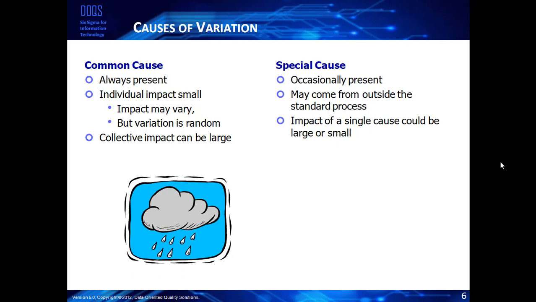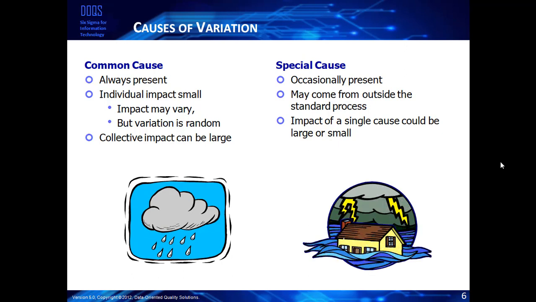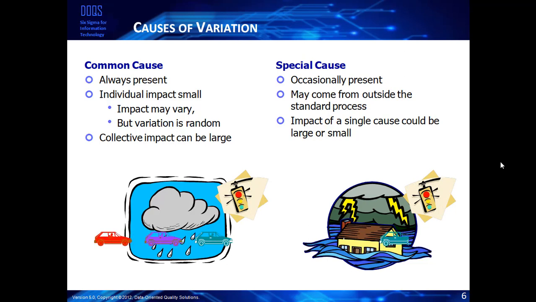Things like weather are common causes as things go through. But a major storm or a flood coming through would be considered a special cause in your travels. Traffic patterns, traffic lights, things of that nature could be both cars, traffic coming through, exceptional cars or accidents coming through. You need to be able to look at a process and differentiate variation that you would expect to see every day from variation that would be very, very rare and that you might want to look to prevent or